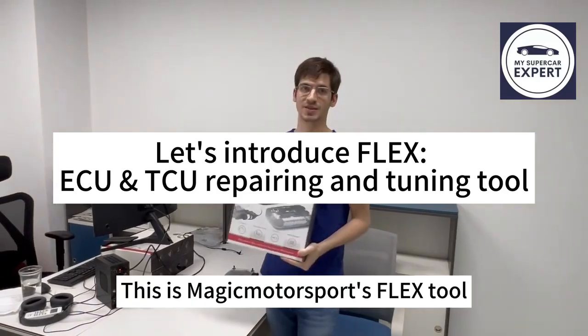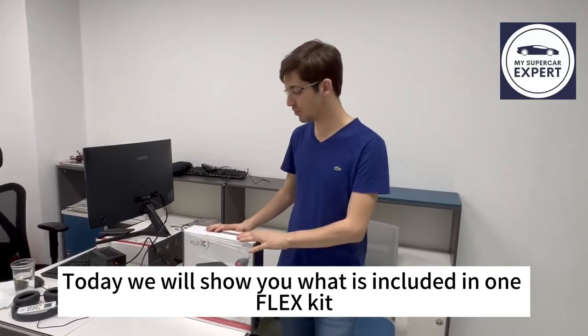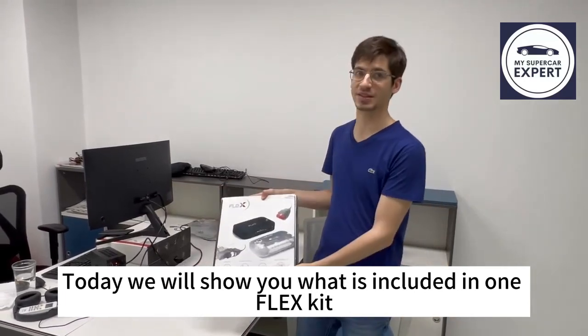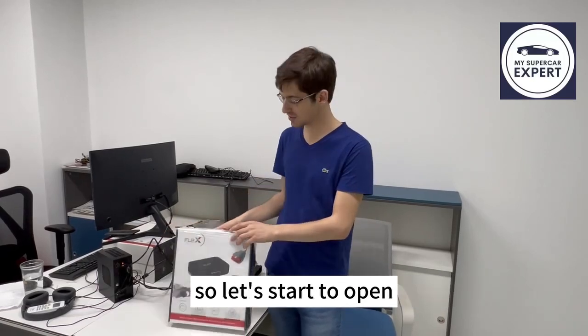This Magic Motorsports Flex tool is one of the best tools for chip tuning and repairing engine and transmission control units. Today we will show you what is included in one Flex kit and what you can do with each of these accessories, cables and the interface. So let's start with